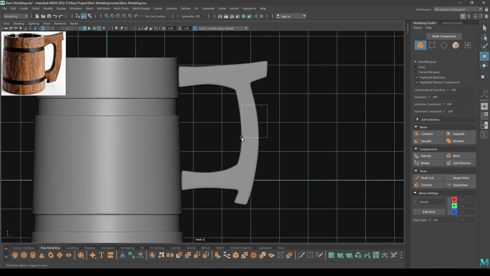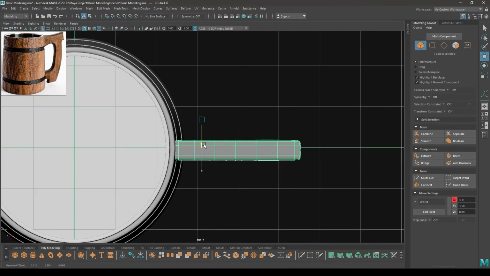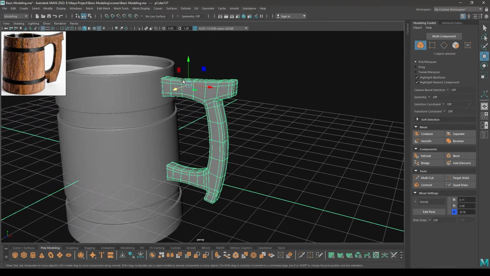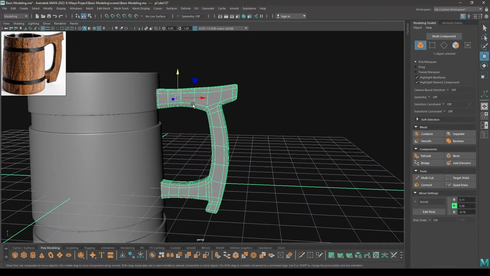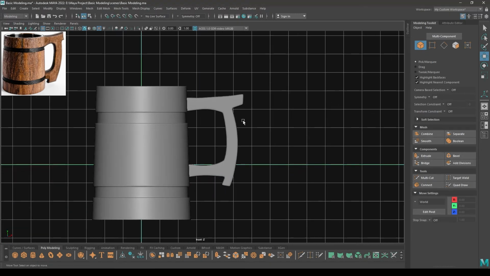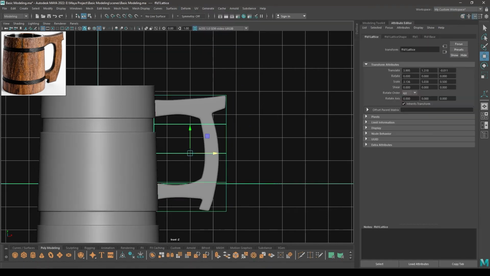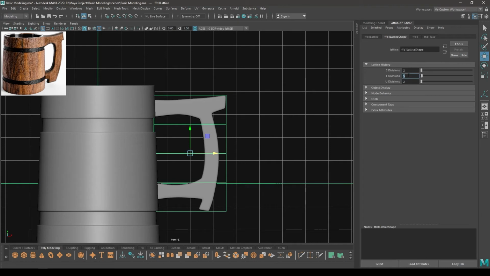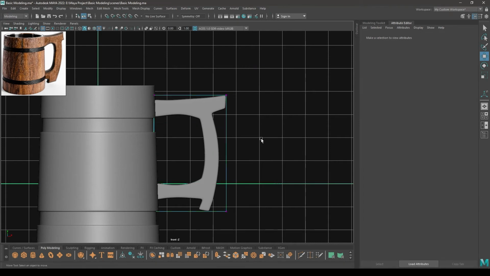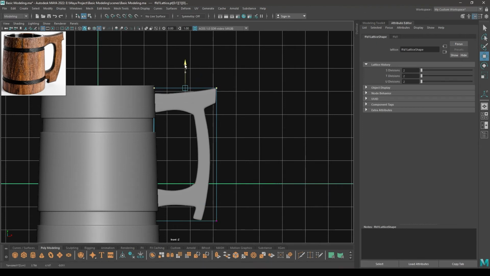Go to front view and now we can place this on the cup. Go to top view and place it in the center. Like this. And you can also select this, go to deform and take this lattice, change the T divisions back to 2 and take these lattice points, select these points and place them here like this, maybe a little bit down here and these ones up.